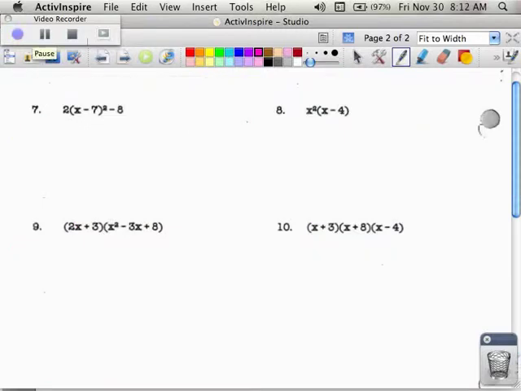Number 8 is very similar to the one we just got done with in number 6, so I'm going to do that one first. In number 8, there's a term on the outside